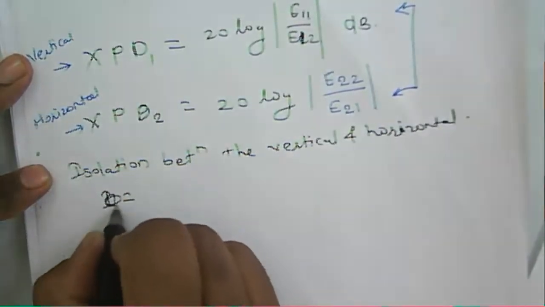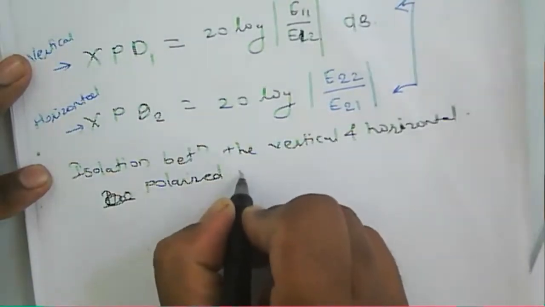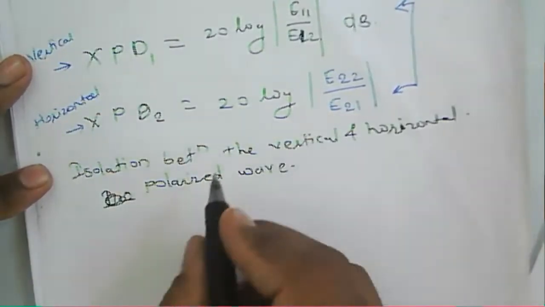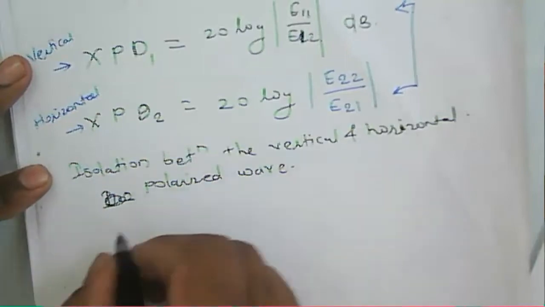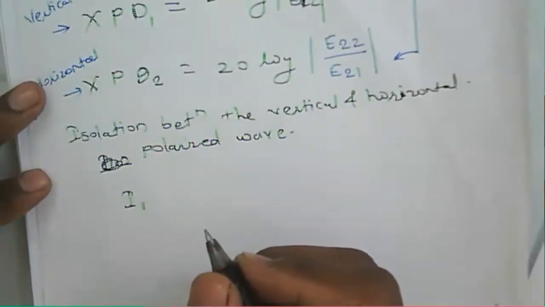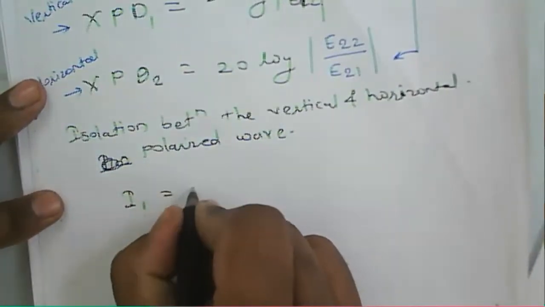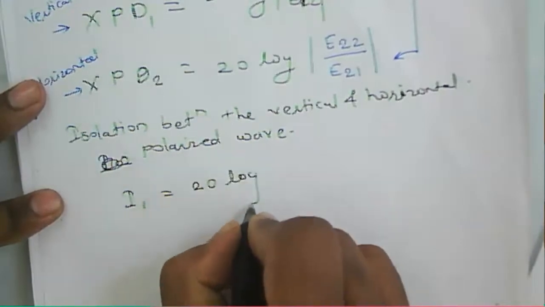Horizontal polarized wave. Now in that case, we can find out the isolation factor, and that will be I1 is equal to what? A 20 log of